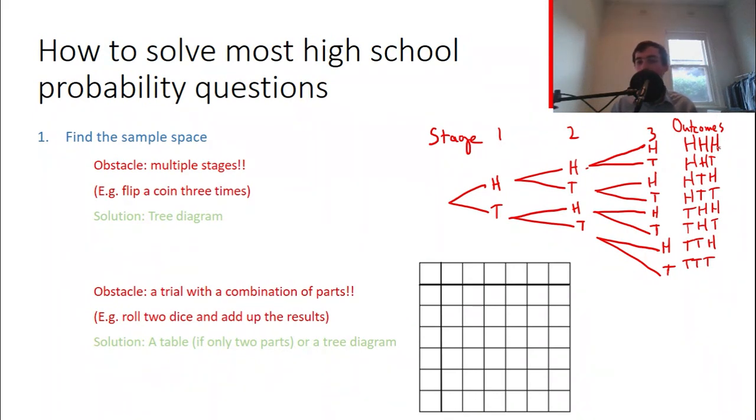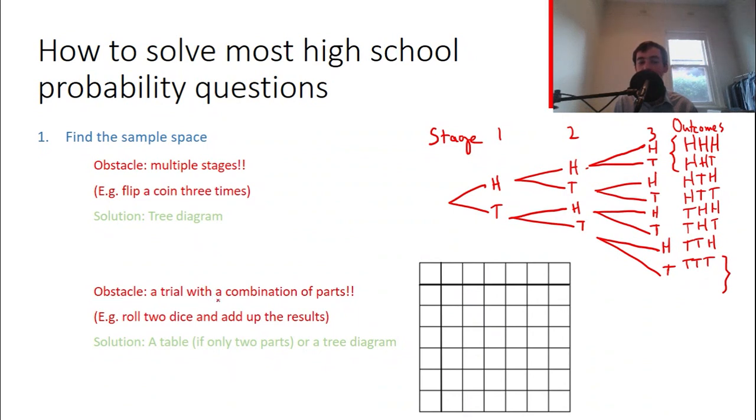All right, so now we've got all our outcomes. Each of these is just one outcome. TTH is one outcome. And this is our sample space, the whole thing. So that's done. We've found the sample space for this particular question. Now,